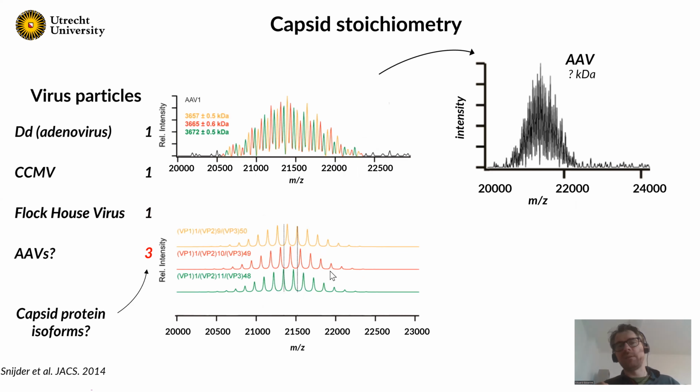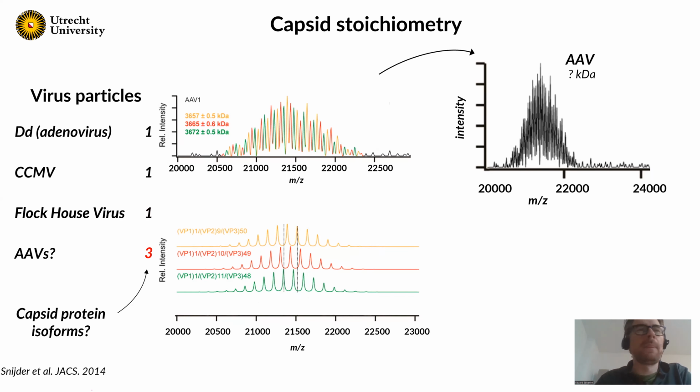And what could happen, for instance, if you would have one AAV particle that contains 1 VP1, 9 VP2s, 50 VP3s, you would get a spectrum like this. But if you have another particle which contains 1 VP1, 10 VP2s, and 49 VP3s, the spectrum would be slightly shifted. And if you even have a third one with 1 VP1, 11 VP2s, and even fewer VP3s, 48, it will be even further shifted. And you would measure all these different AAVs at the same time in your Orbitrap, so you get this complex mixture of signals, of spectra basically, and this congested spectrum is really tough to then disentangle the mass from,